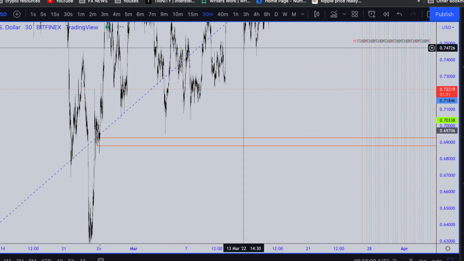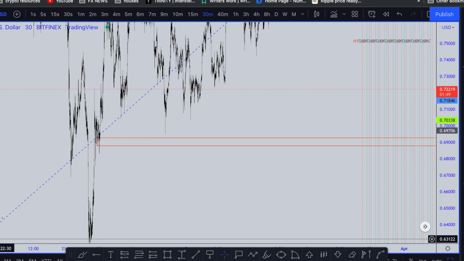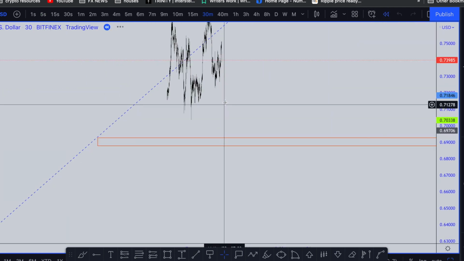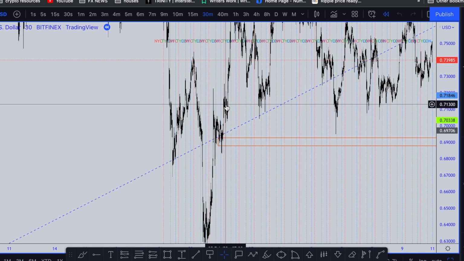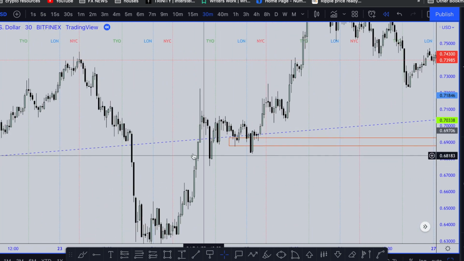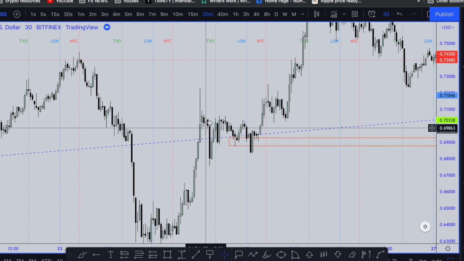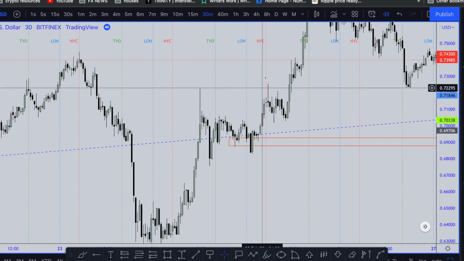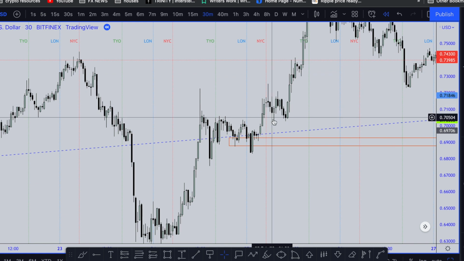Let's hit the replay tool. Okay, I just want to show you guys proving the ideology that banking institutions piggyback off of where previous banking institutions purchased from. All right, let's zoom in. Would you look at that? Okay, here is a New York session buy right here. Boom, London session bought. New York session again pushed price down at the discount and then took two buy positions, 1 and 2.